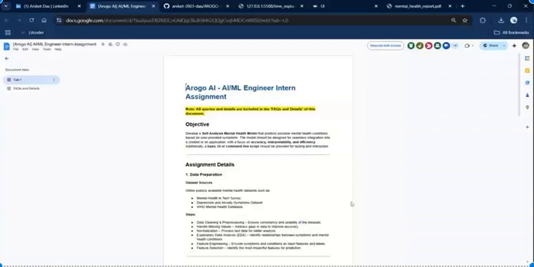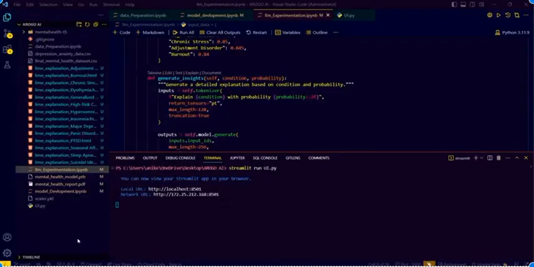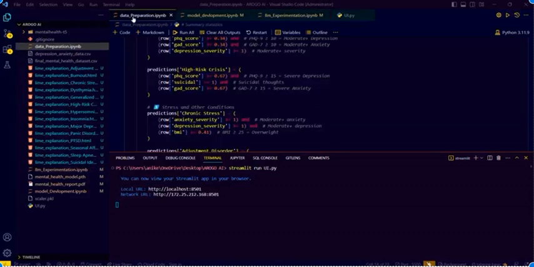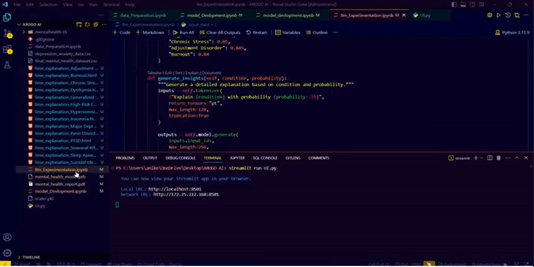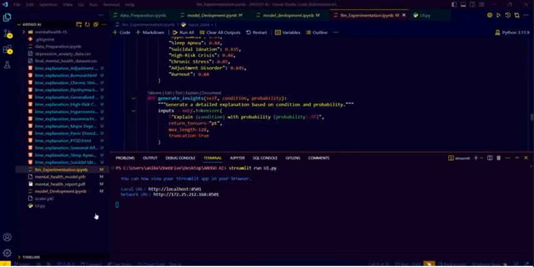If I move on to the structure of the program that I shared through my GitHub, I have a few sections. This is the section of data pre-processing, and I am doing all the pre-processing in this Jupyter notebook. The second section is model development, which is in this file. The third section is LLM experimentation, which is in the third file. And finally, the UI is present in the UI.py, and I'm using Streamlit for all the UI purposes. My models are saved in this PKL file, scaler.pkl, and PTH file, mental health model.